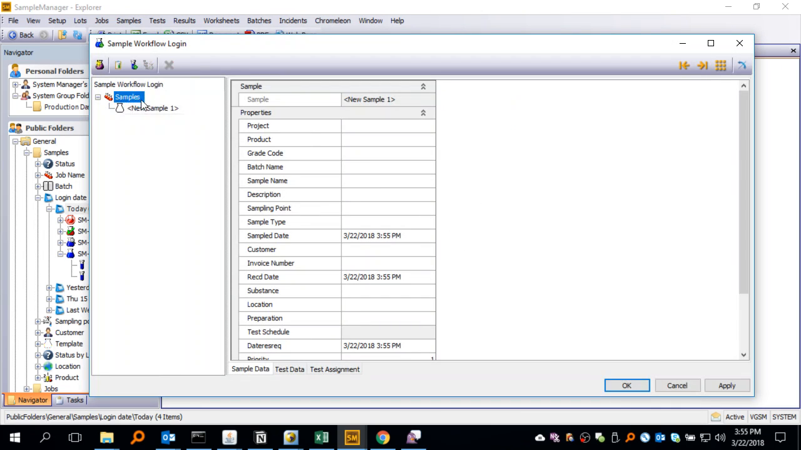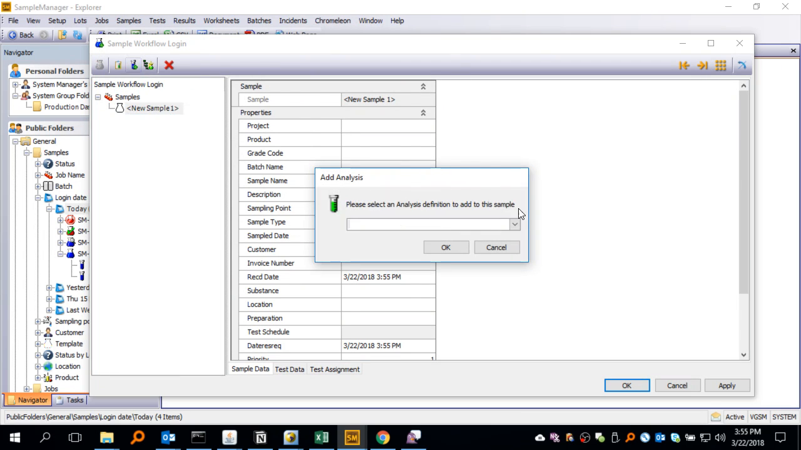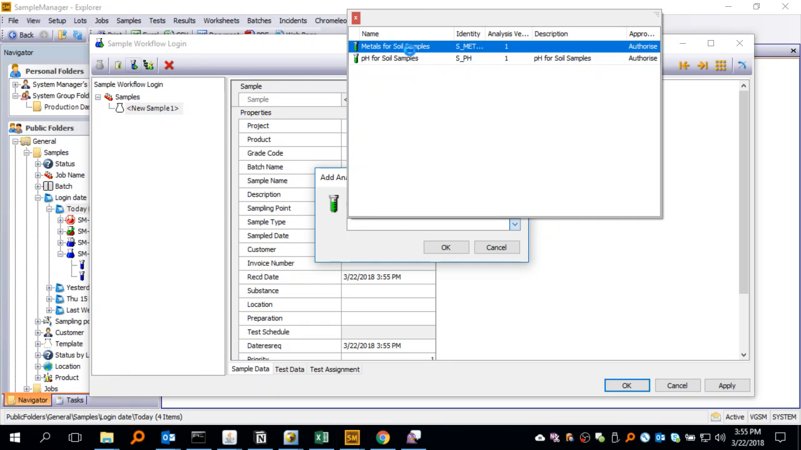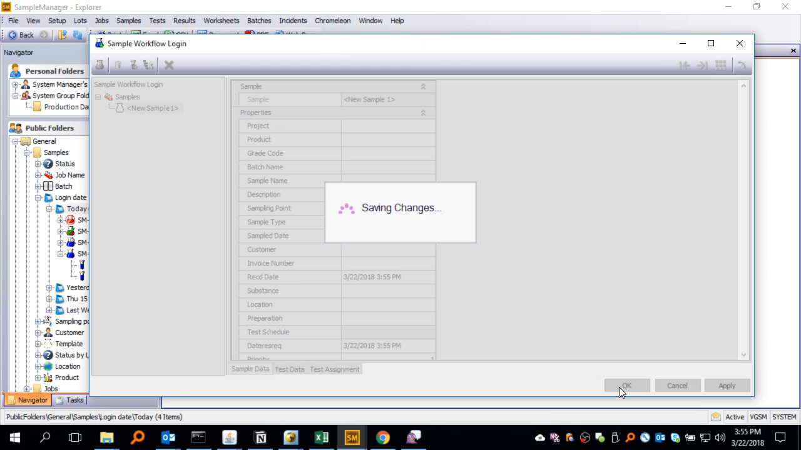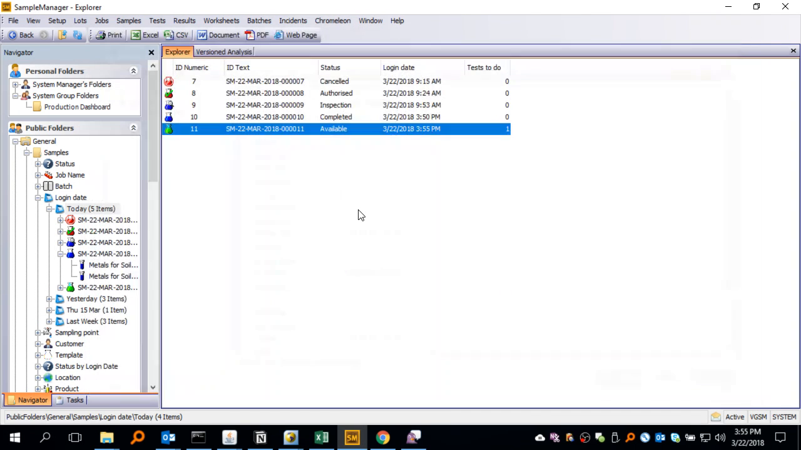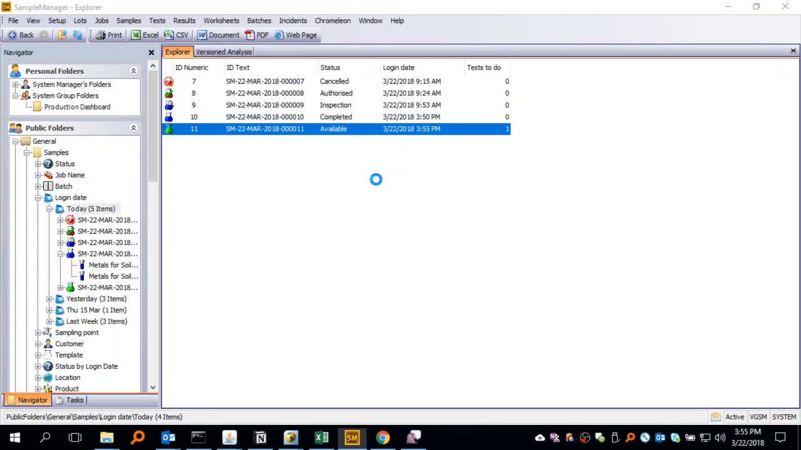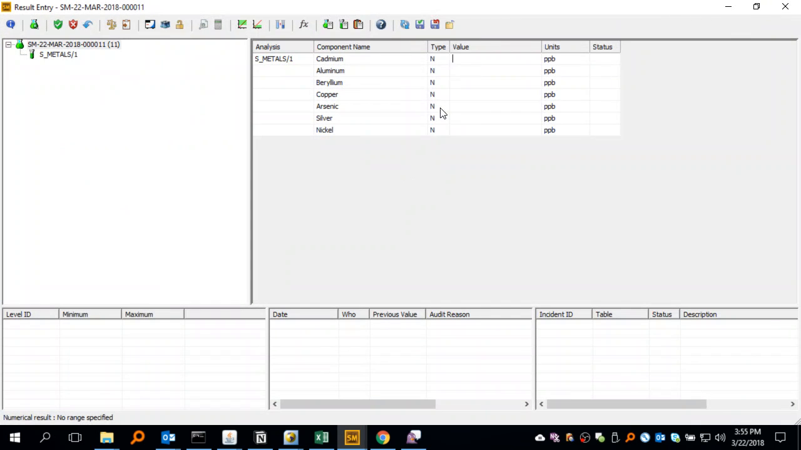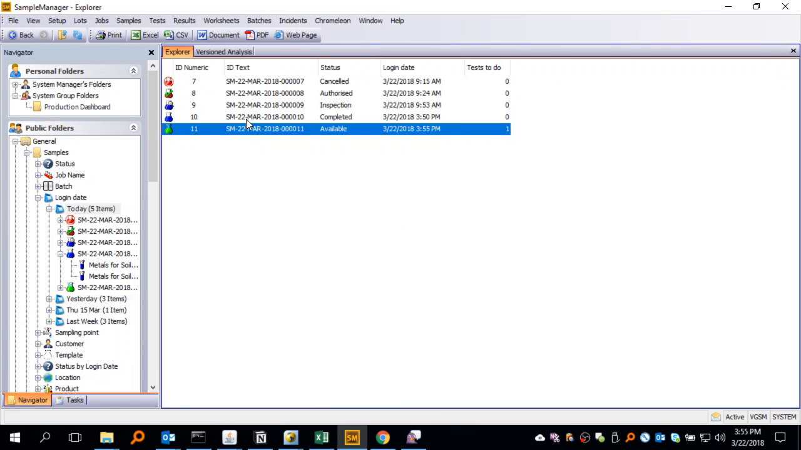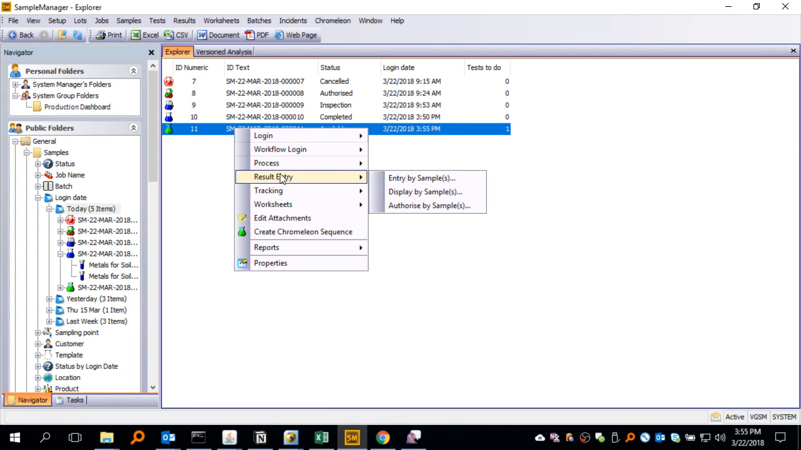We'll just add the same test, but we're not going to use component lists. So I'm going to add metals for soil, and then I'm going to enter results, let's say for the first two, cadmium and aluminum. The rest are empty, so there's five that are empty. If I run the report for that,